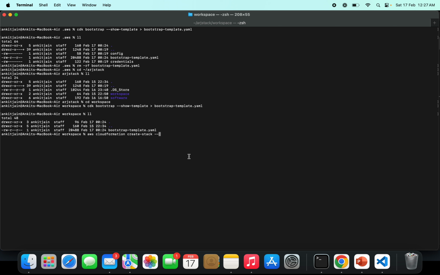But with CloudFormation, when we create a stack, we need to give the stack name. So the option I'll give for the stack name is CDKToolkit. By default it creates the CloudFormation stack with the name CDKToolkit. I'm giving the same name, and then I'm saying that to create this stack I need to use this particular template body file, where I'll give file equal to bootstrap